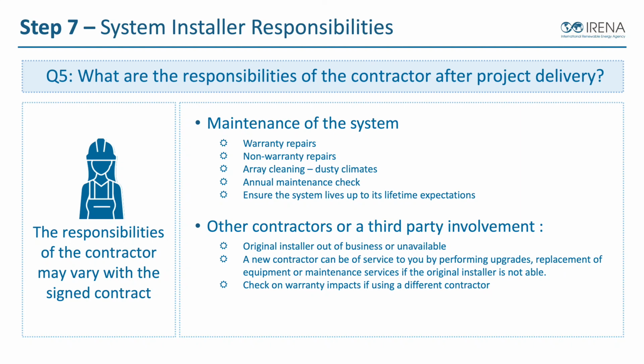There are going to be things that will be under warranty, so it could be part of the installer's warranty or part of the equipment warranty. That will be an installer or a contractor's job to replace. There might be non-warranty items, or something's out of warranty, or maybe something got damaged and it's not the installer's fault that it got damaged,